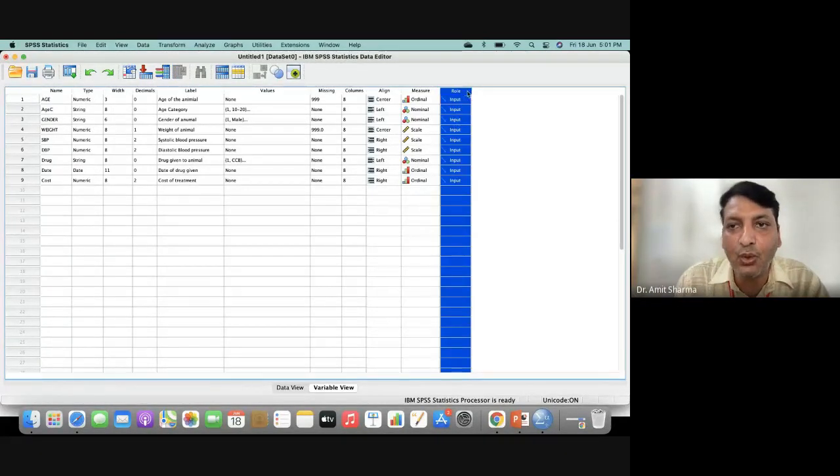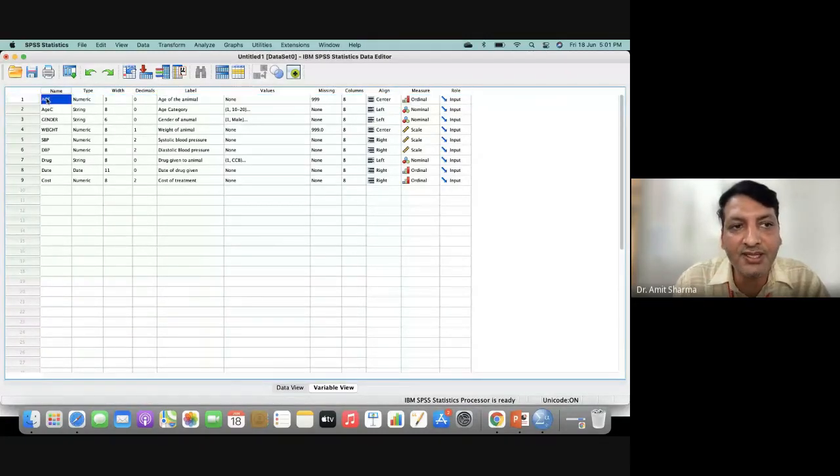And the last one is the role. Now the software wants to know what the role of age is in your research. An independent variable is called input. A dependent variable is called target, and some variables are there which will act as both.